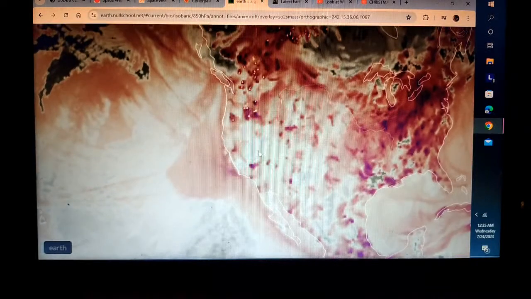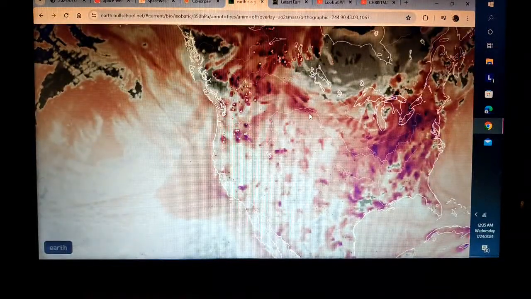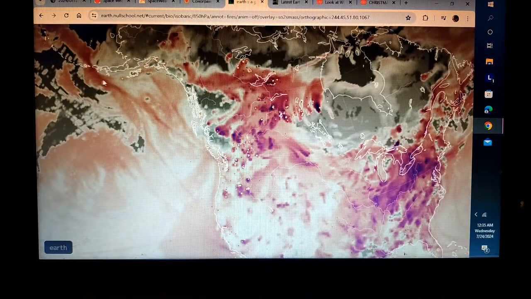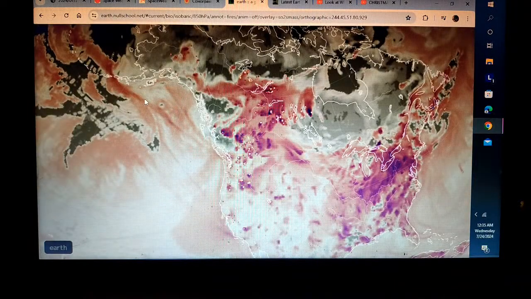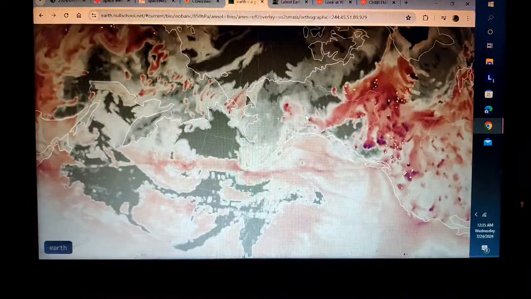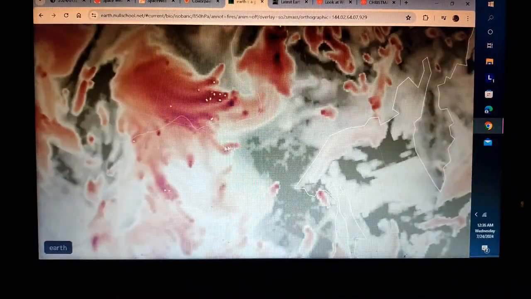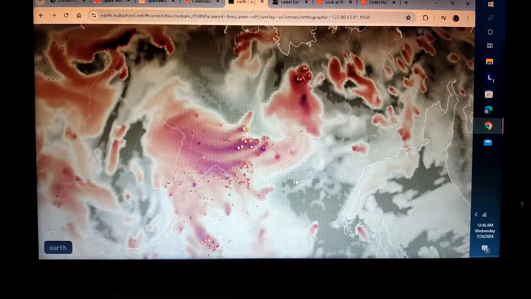Okay, and they'll try to tell you, oh no, these SO2 emissions are from the burning trees. What do we got? Trees of sulfur? Yeah. And then you see over here, Russia having the same problem. Okay? It's a real problem.